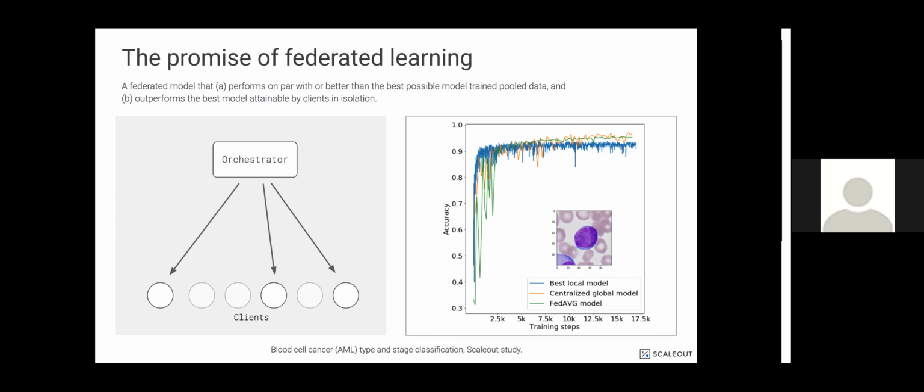But in the situations that you would target in the real world, that is not an option. So this orange curve that you see is unattainable. That doesn't exist in the real setting. But of course, it is interesting to produce it in order to do research on the efficiency and convergence of federated learning. The alternative to federated learning in this setting would be to have a data sharing agreement so that you can copy all the data into the same cluster. And then you can compute the orange curve.